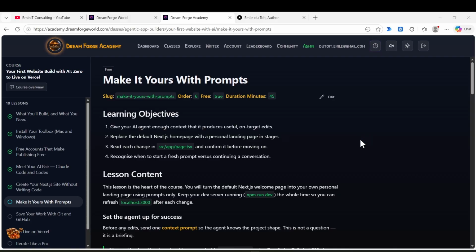And you should begin to recognize when a fresh prompt is better than continuing a conversation. The longer you continue talking to these agents, the more stale the context window becomes and the more tokens it uses. So towards about 60 to 70% of context window used, you should consider getting to a good stopping point, do a commit to your GitHub, and then clear the context and continue the conversation. Nowadays, you can tell the agent to remember where we are in your memory so that when you continue the next session, you can say, check your recent memory of where we were and continue from there.